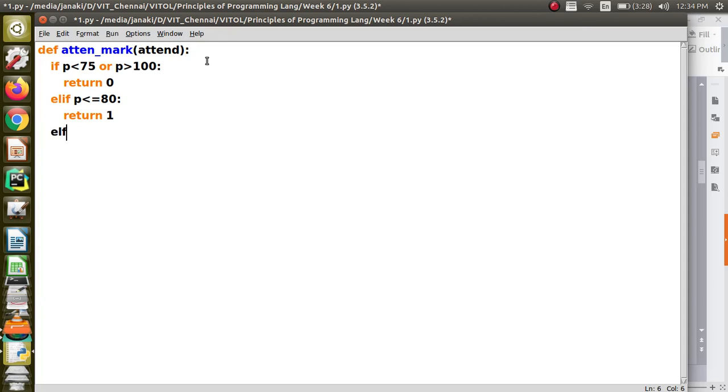Then elif, when the mark is greater than 80 and less than or equal to 85, we are going to return 2. Elif p less than or equal to 90, return 3. Elif p less than or equal to 95, return 4.